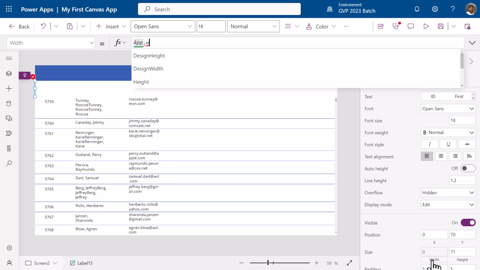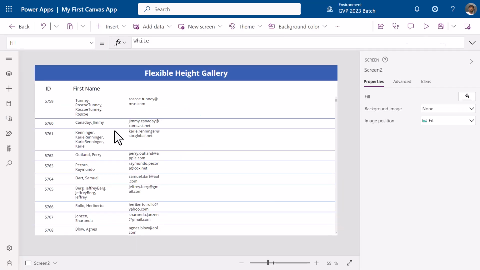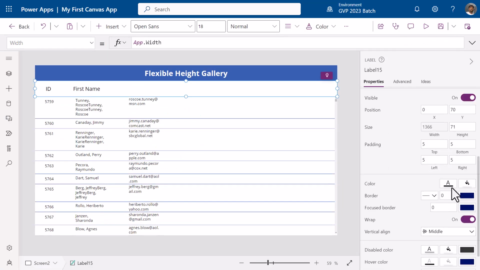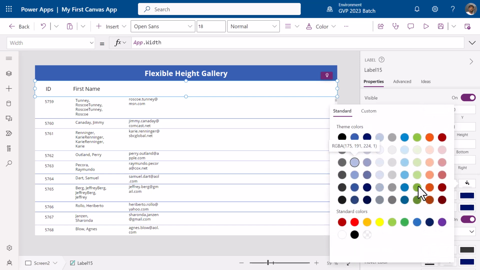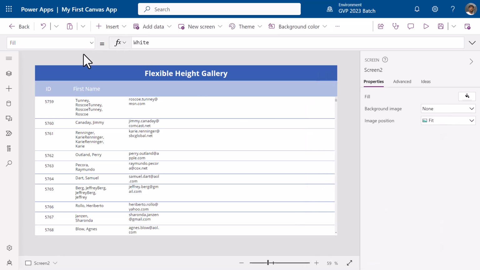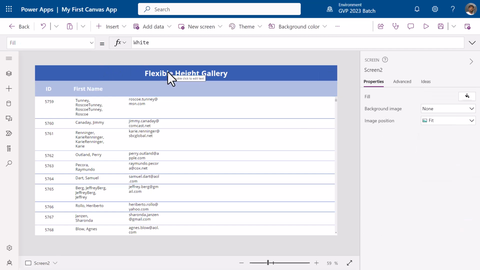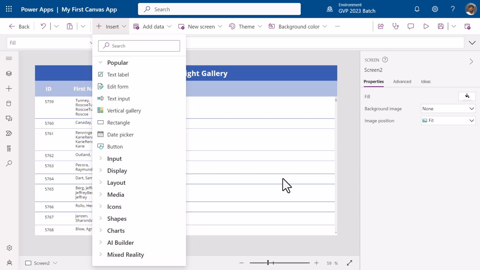Okay, again app dot width. Play that. That's all. And you can always play with the background for this heading and also the color of this heading. Sorry, I'm horrible in color codes, so do not follow my color codes. Okay, this is how we will create a heading for my gallery. Any questions? The question is, when I add an image on my screen,